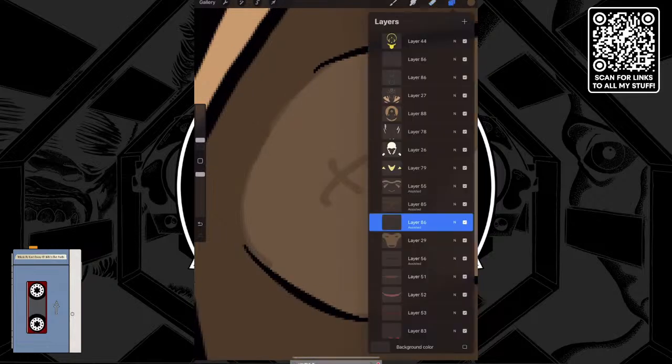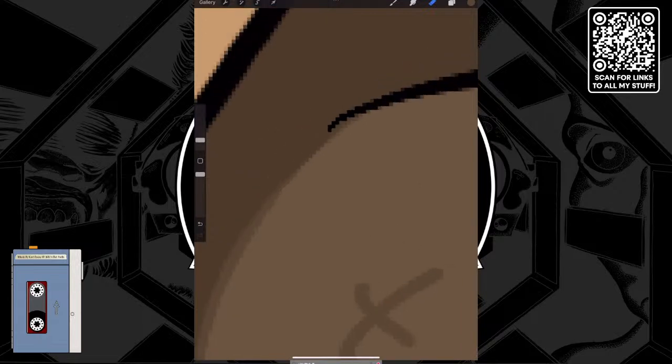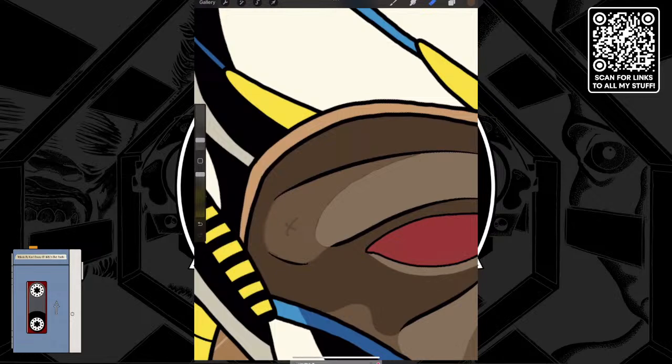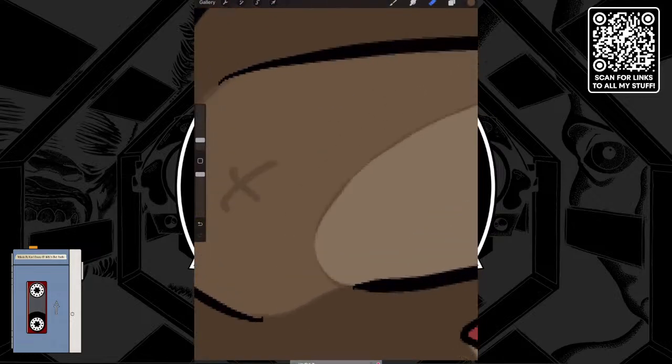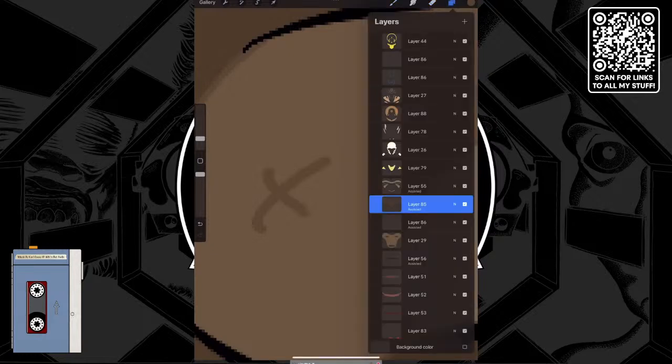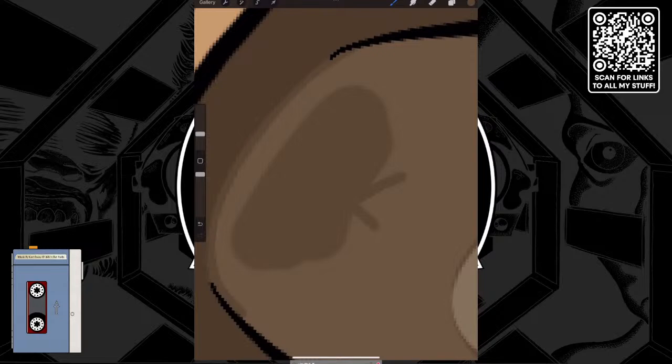Yeah, it's a little wonky there, but I can make it work. Yeah, see what I mean? It's okay. Get it where I need it. That's good. All right, we're good. And that's okay too. I'm not going to worry about that. So let's take this. Let's go to that layer. Let's start filling this in so we can actually see what it looks like.